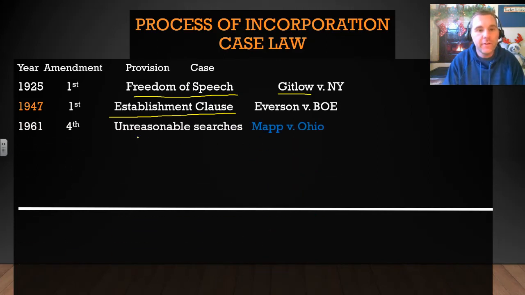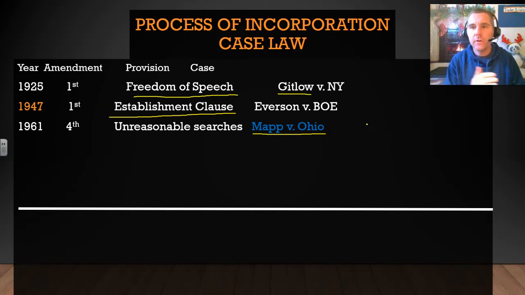In 1961, you have an unreasonable search. This is Mapp versus Ohio. This is a really fascinating case in which the police were looking for a bombing suspect in Ohio. So they went to this lady's home, Dollree Mapp, who they know has kind of like, think of it like a bed and breakfast back in the day, but it wasn't really a bed and breakfast. It was kind of like a halfway house. People would come in and stay, and they would move in and move out, and she would kind of have this kind of like informal hotel, if you will.